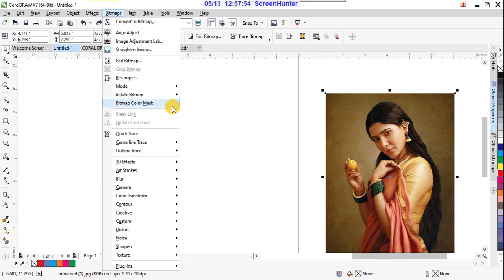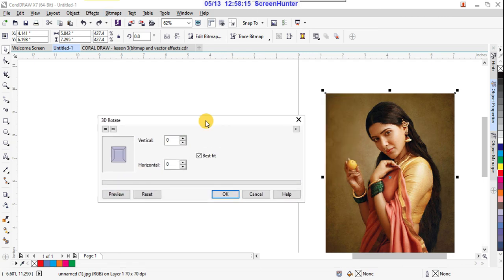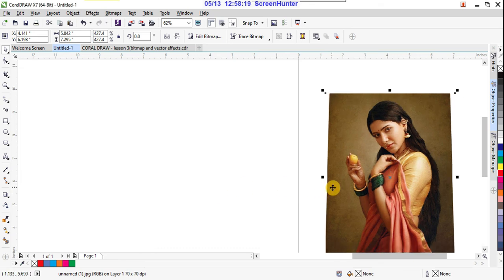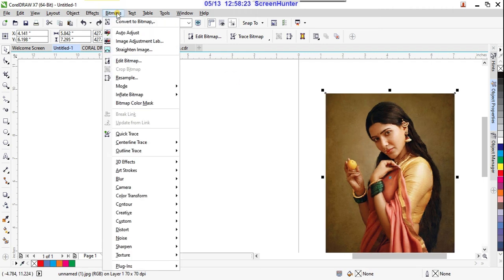See the Photoshop effects like the color mode, and these are the tracing options, just now I explained. So here it is showing again in trace bitmap options, right? So these are the options. And here the 3D effects, 3D rotate. Suppose you can apply this preview and give some value. See, it is going to that, right? So I don't actually want that at present.